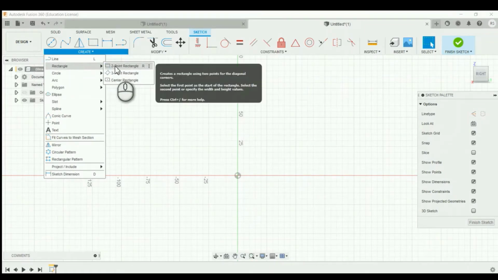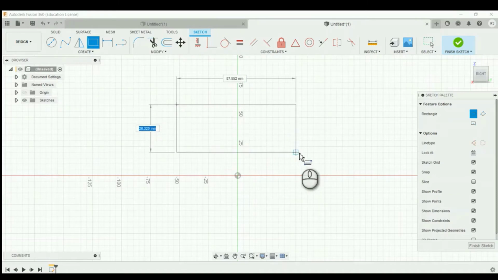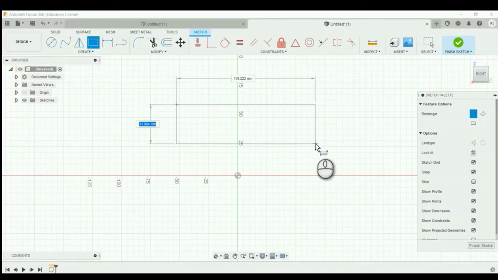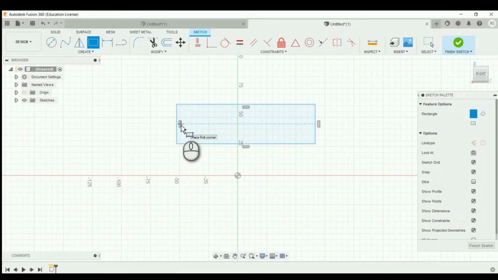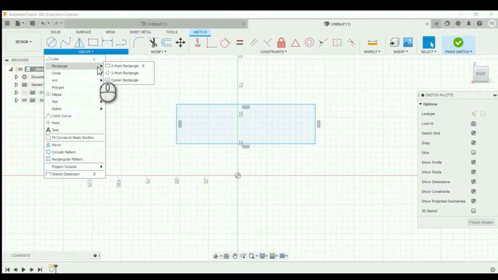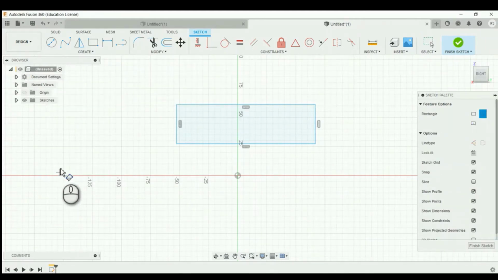After that you can also create a rectangle. There are three options available. First is the 2-point rectangle. In this you simply specify the starting point and the ending point, and constraints are generated automatically, the horizontal and vertical constraints. After that you can create a 3-point rectangle.